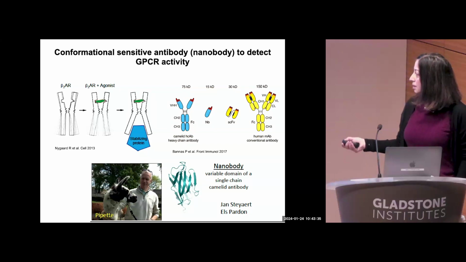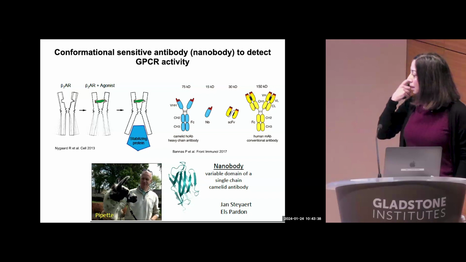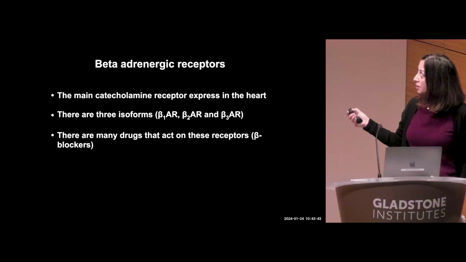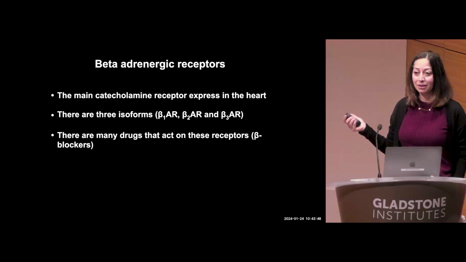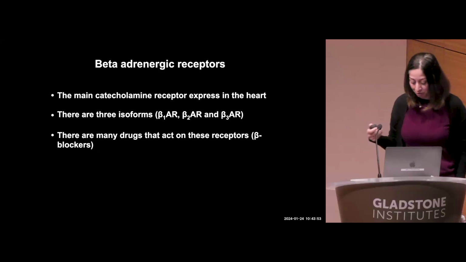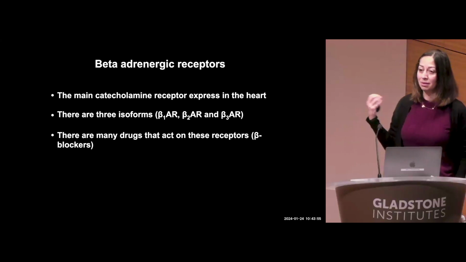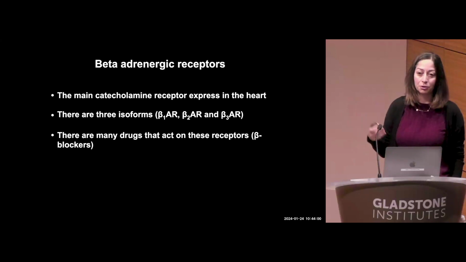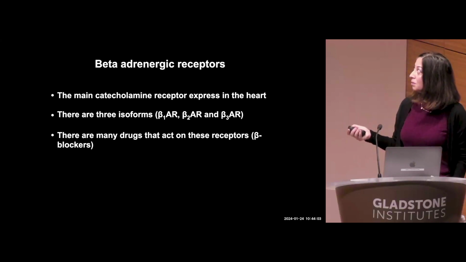So he used this single chain nanobody as a way to get a crystal structure of this GPCR, and his favorite receptor, which he initially cloned and then took all the way to the molecular detail of active and inactive structure, is the beta-adrenergic receptor, which I know probably most of you are familiar with. It's one of the highly targeted receptors for drugs such as the beta blocker that some of you probably have heard of. There are 3 types of this beta-adrenergic receptor. They all express in cardiac myocytes.